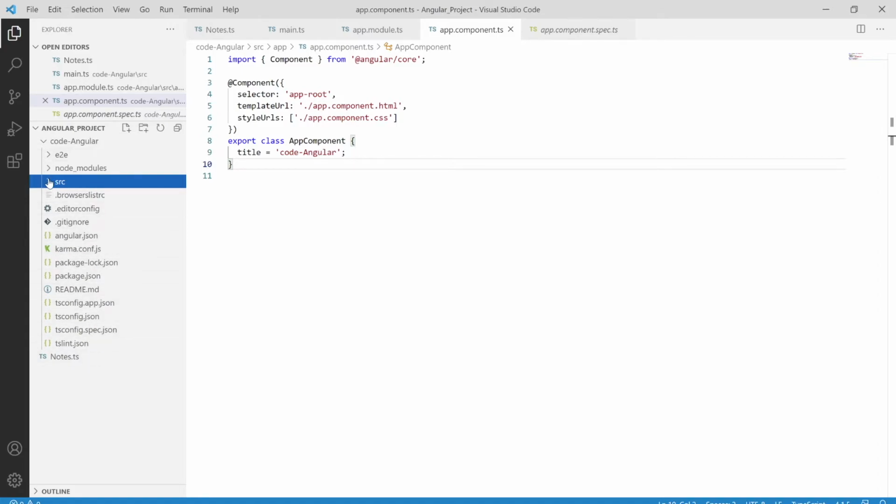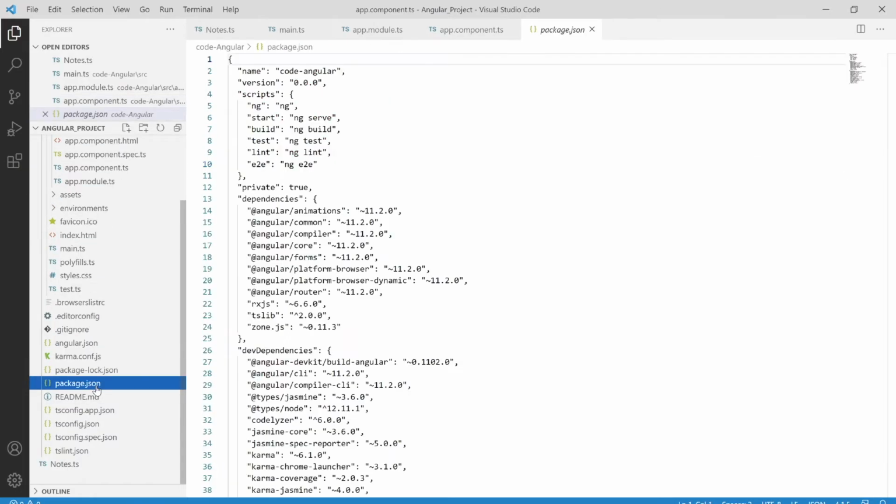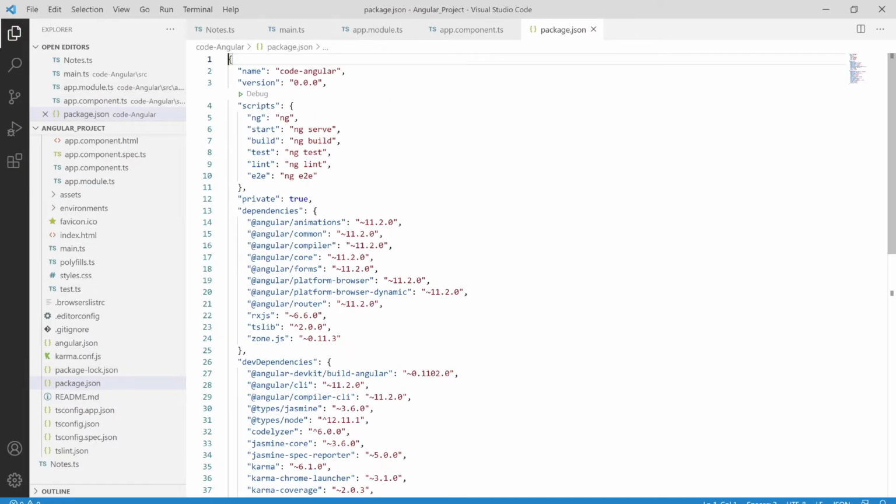And then we have package.json over here. If you move over here, we have package.json. This package.json contains dev dependencies, and the libraries or modules required for our application to work. And as I already showed you, we have main.ts, which is the entry point of our application. So here I'm going to use this project in the entire series of this module.